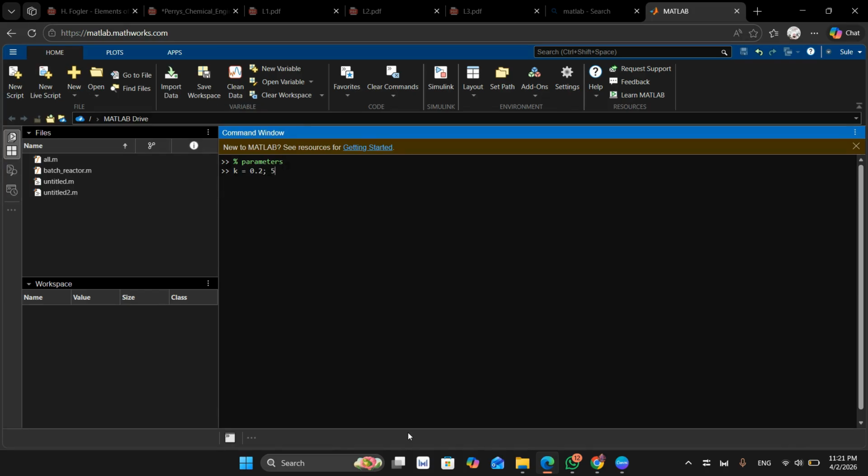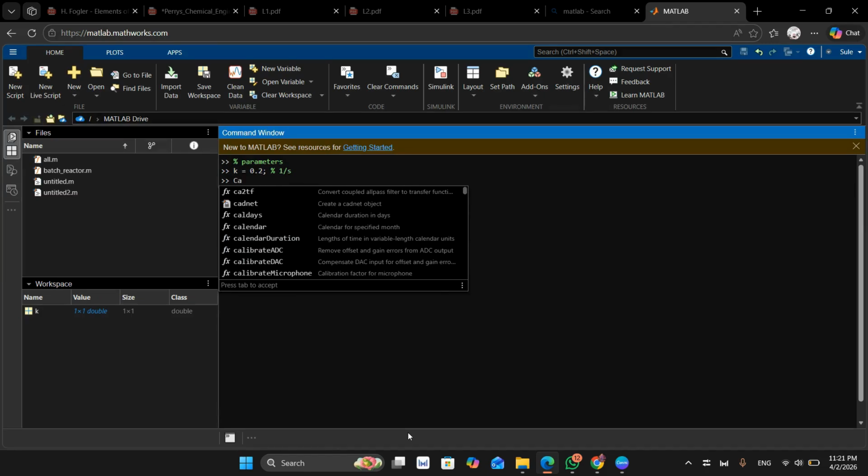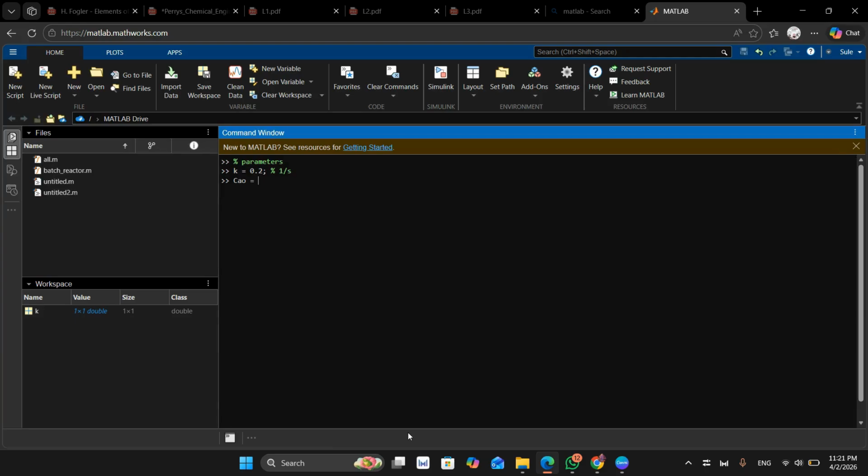Then I type a semicolon, then I have to type a comment sign again. Hash is for Python, for MATLAB it is percentage. So shift percentage. Then I have to define the unit, which is per second, 1/second. Then I'll press enter. From there, I'll define my initial concentration, A naught, which is equal to 1 mole per liter, so I type 1 and then define my unit as mole per liter,